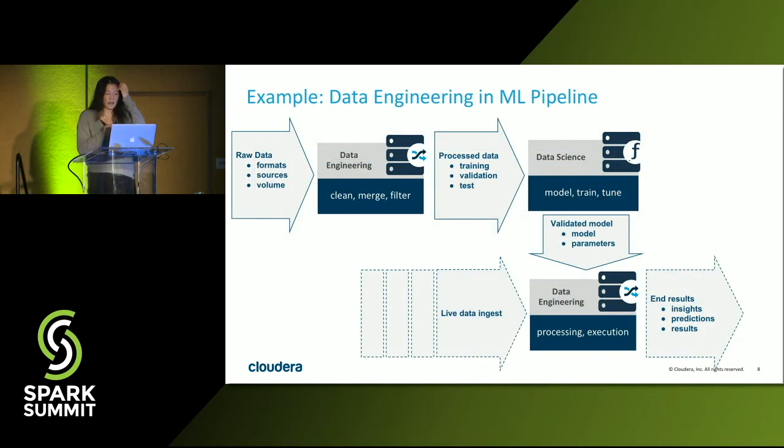So kind of recapping, where does data engineering take place in these 4 different workload patterns? The data engineering is the standard ETL transformations when you're ingesting all of the data and then you're converting this into nice clean data. In the machine learning pipeline in particular, this clean data is given to the data scientist. The data scientist starts creating machine learning models from this cleaned up data, and then once they have validated machine learning models,